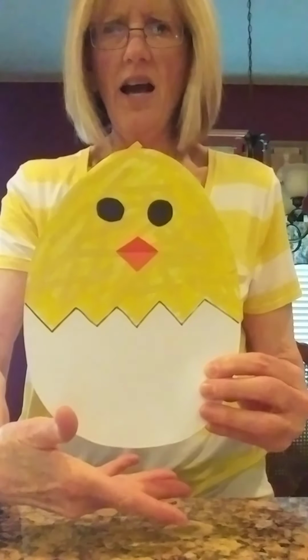So I'm going to back the camera up just a little bit and give you just a couple of things that maybe you could do at home. So one thing that I have for you is a chicken and egg. That egg, Mom and Dad, is about 11 inches in height and about 8 inches at the wide part. If you just draw a zigzag and then, my friends, marker the top part of the egg in yellow,